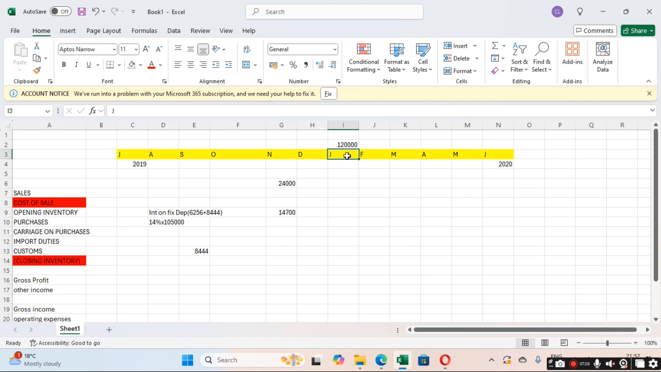But on our current financial period, we are only having 6 months left. So we're going to say this amount divided by 2. Reason being, we have two 6 months in a year. So we have the first 6 months and the second 6 months. So whatever amount you're going to get there,